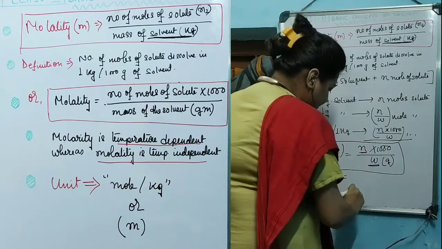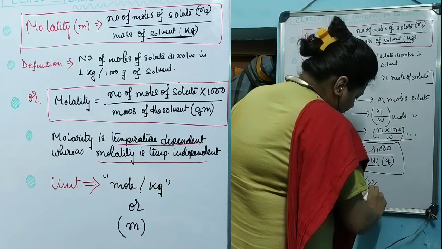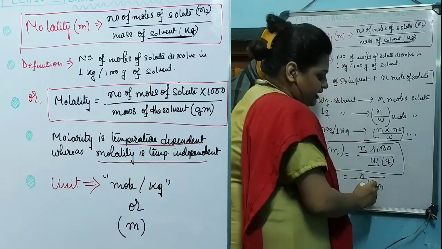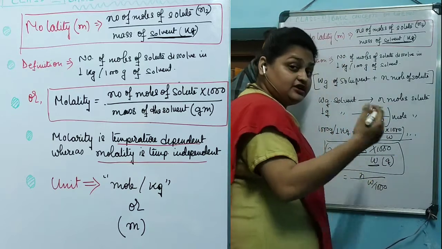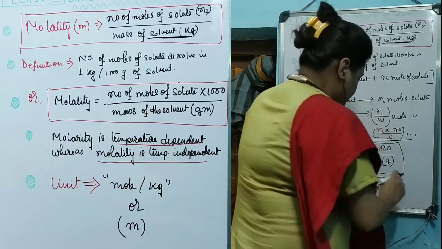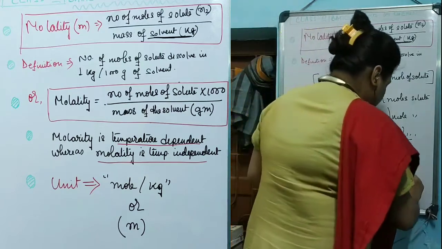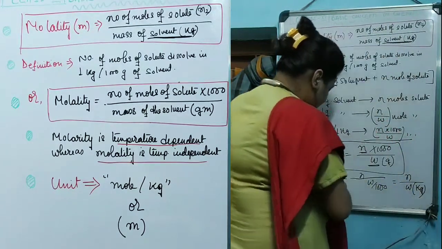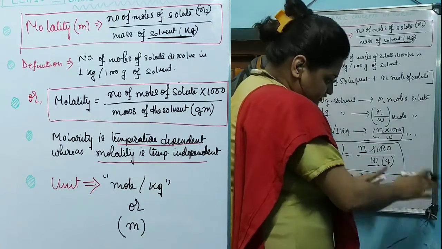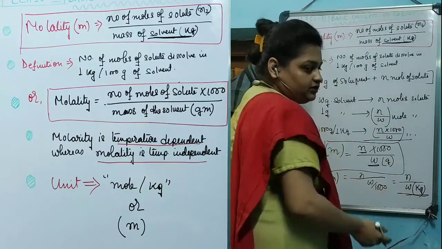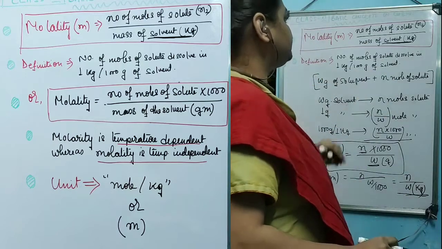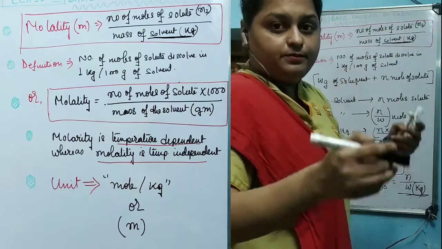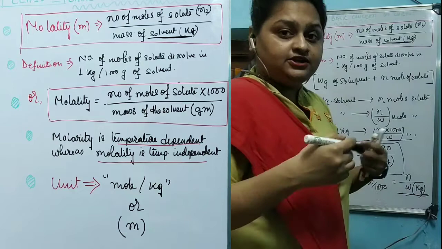This thing can also be written as N by W by 1000. Now N by W by 1000 is nothing but gram by 1000, meaning gram by mass in kg, that is mole by mass in kg. So you can write N by W in kg. This is another form of mathematical expression for the term molality, which I have written in this general term, which is written as mole or number of moles of solute by mass of solvent taken in kg.